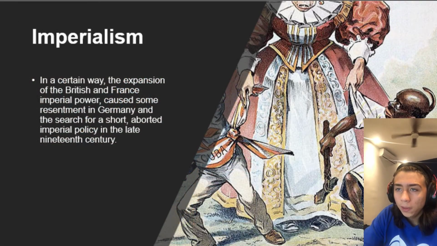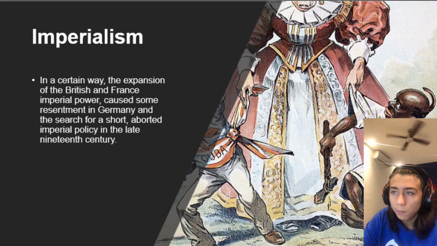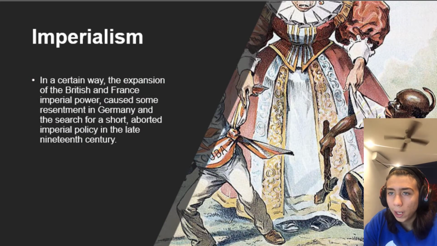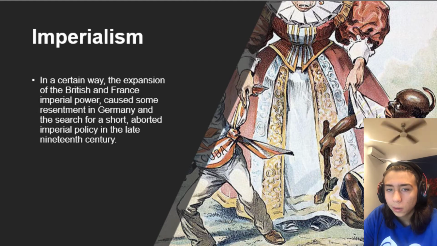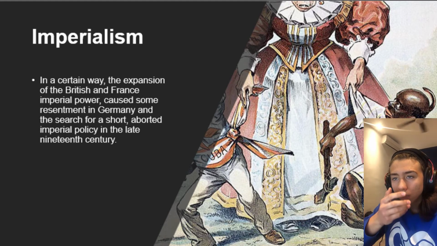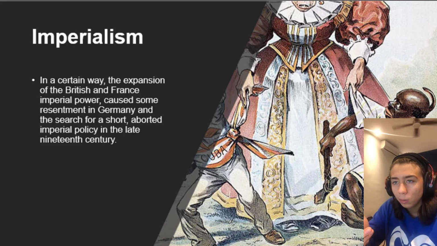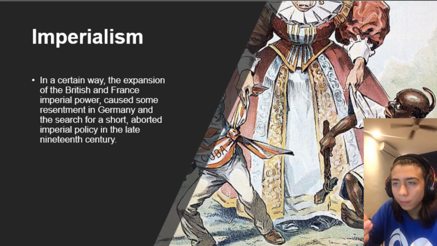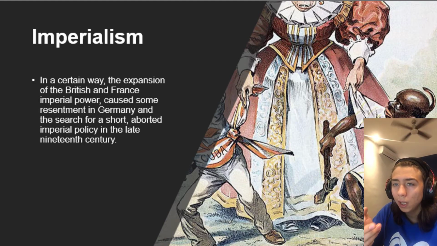And imperialism. In a certain way, the expansion of the British and French imperial power, as I said, is what made Germany get scared about that. So it meant some resentment in Germany and the search for a short, aborted imperial policy in the late 19th